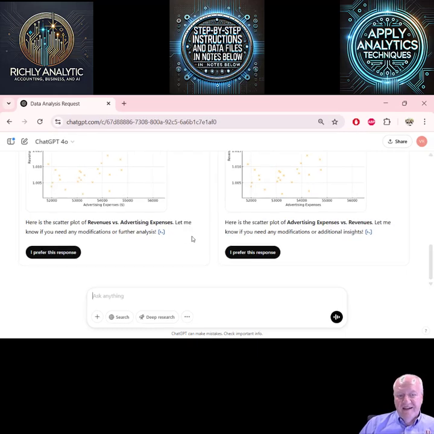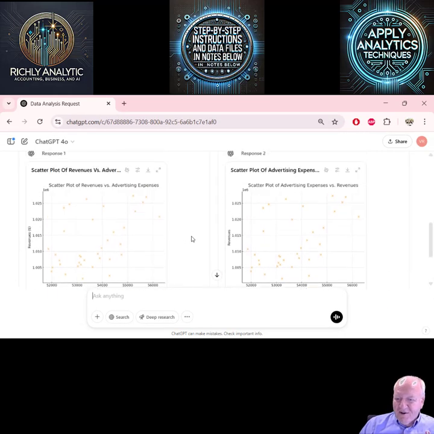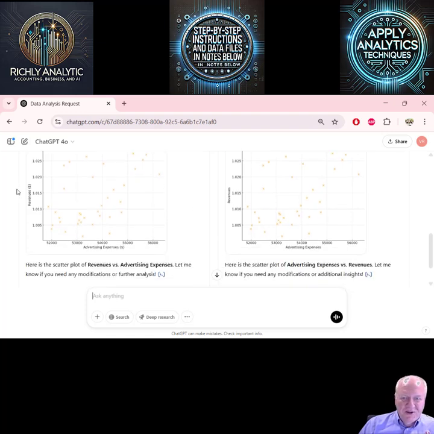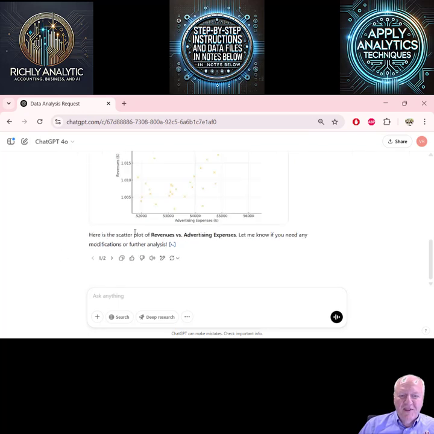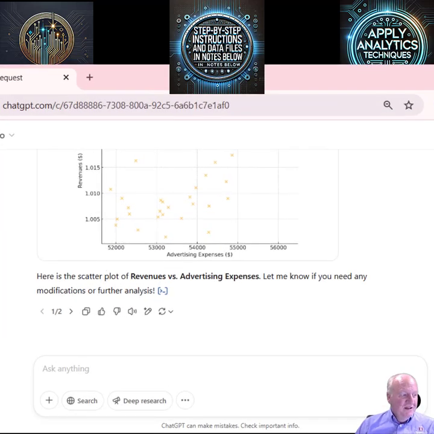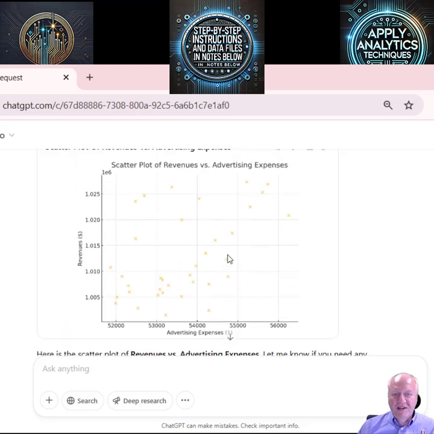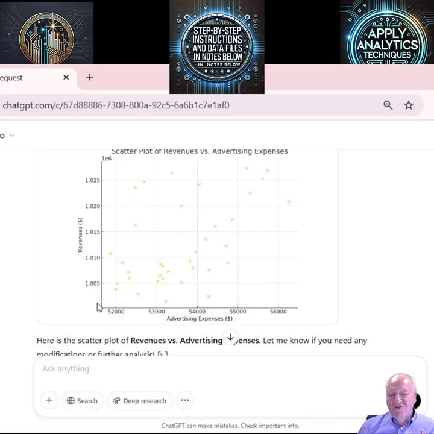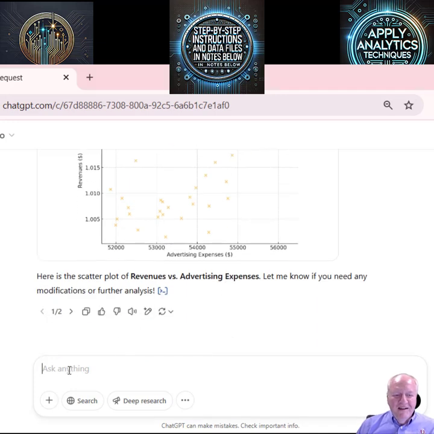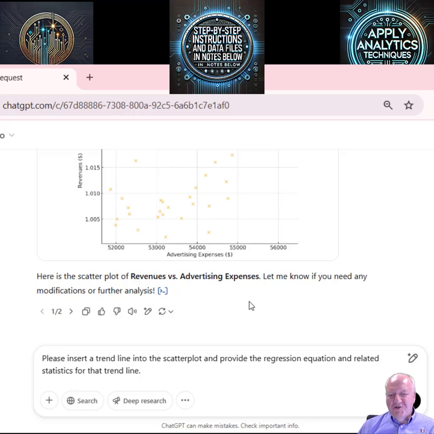But it asked which one I prefer, and I didn't know that I could easily see. This one has $ signs in it. This one does not, so I would guess I would go ahead and prefer that approach. Okay, so with that, I see a relationship there. In general, it looks to be positive. The axes aren't perfect, and usually I'd like to start at 0, but then we'd probably have a big bunch up here. So next I wanted to insert a trend line.